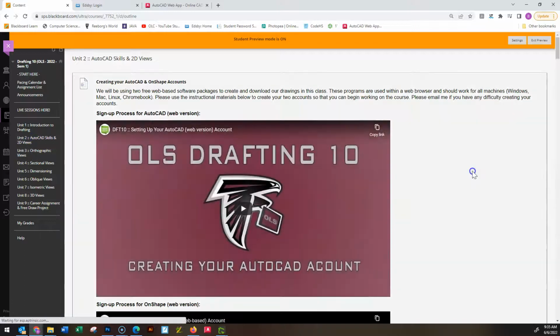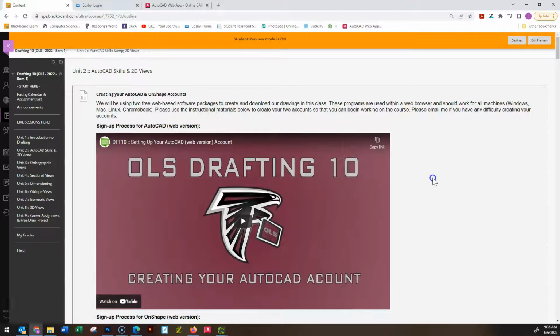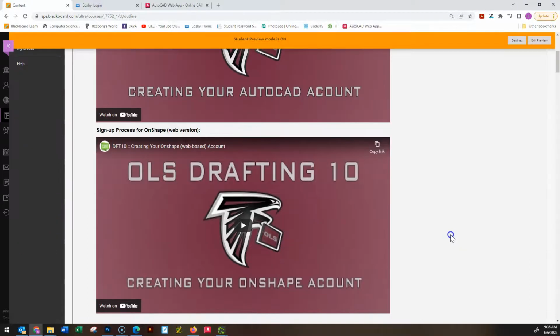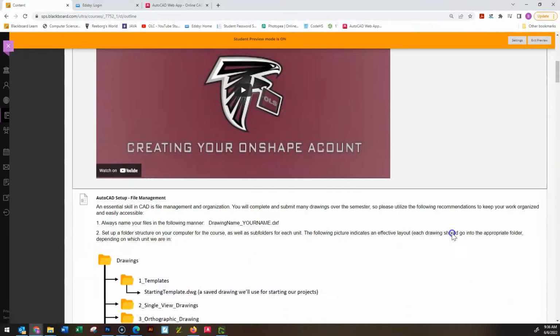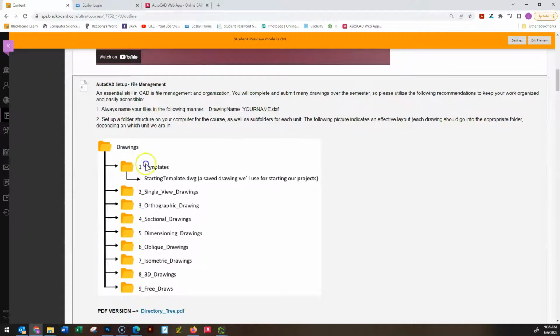Unit 2, we're going to jump into probably the end of the first week, beginning of the second week of the course. So this is where the bulk of our learning is going to occur. It's a very practical class, so we're going to be working every day on our drawings. There isn't going to be a whole lot on theory, but what theory there is incorporated into all of our exercises. So again, just making sure that you've got all the downloads set up properly, and some recommendations on how